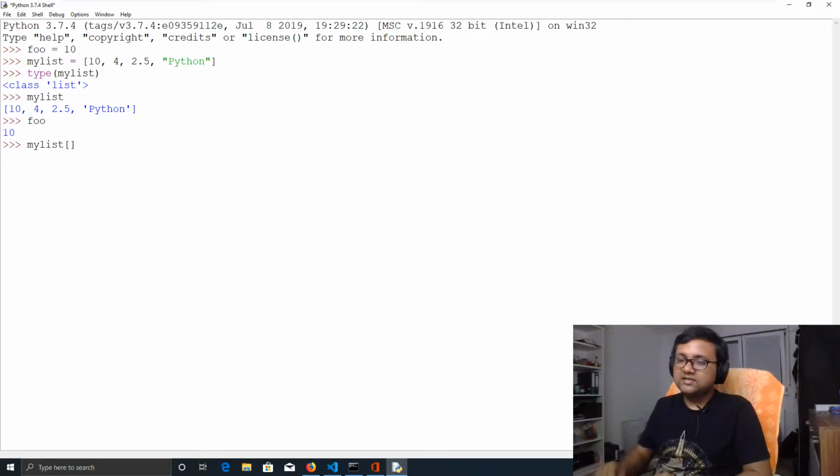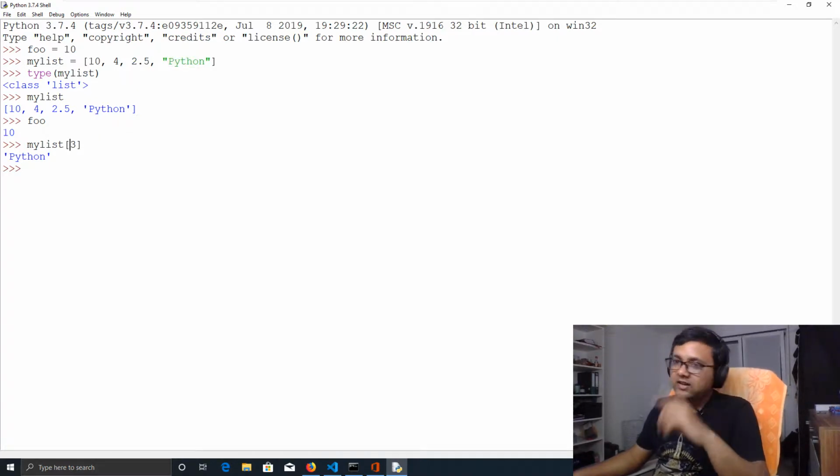An index is the position of the item in a list. So if we want to get 2.5, we'll have to count at what position this is. So this is 1, 2, 3, but if we say my list 3, you will see we will get Python back,